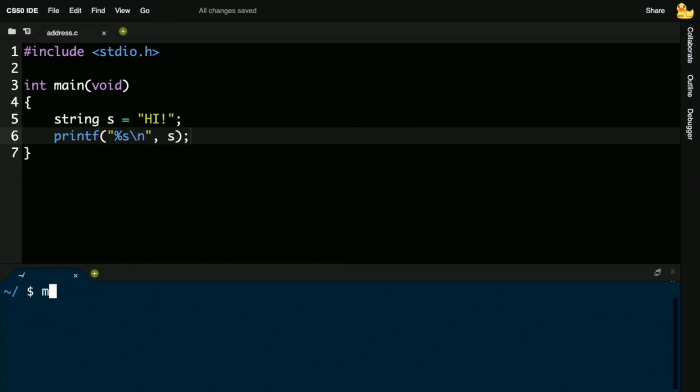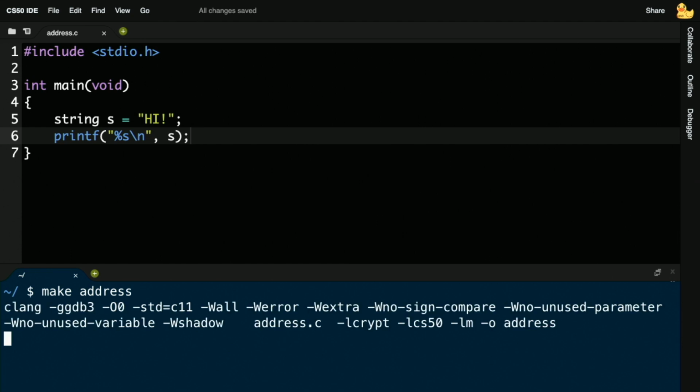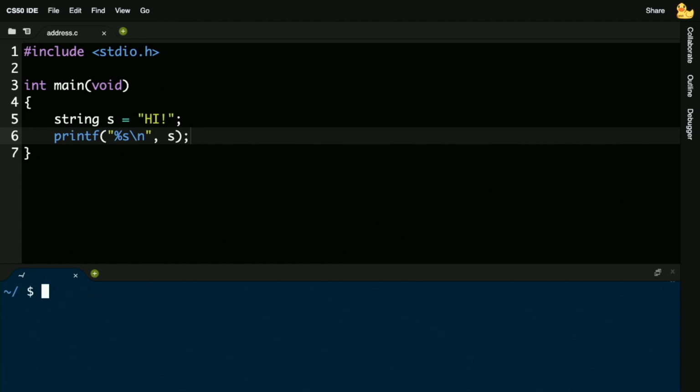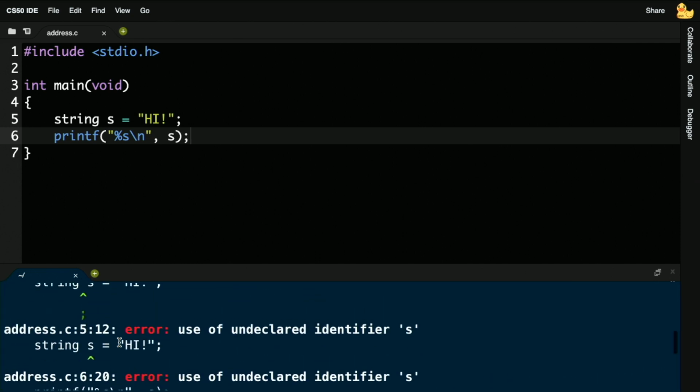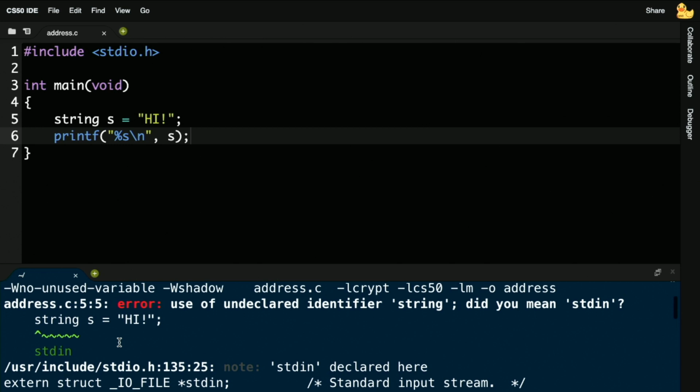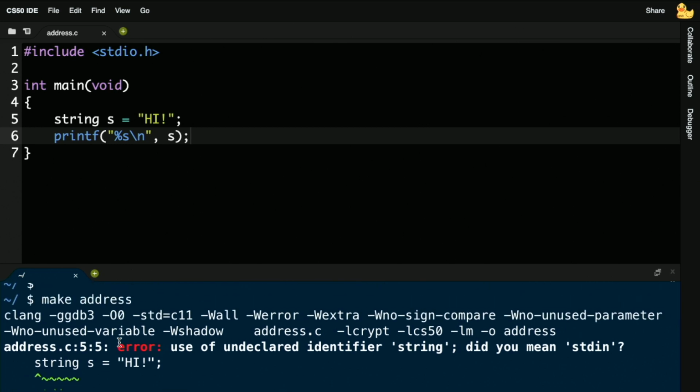Now this program is not at all interesting anymore. Back in week 1, we wrote something like... OK, yes, it is interesting because I screwed up. So 5 errors. I've written 7 lines of code and 5 errors. And let's see what's going on. As always, go to the top, because odds are there's just some confusing cascading effect.